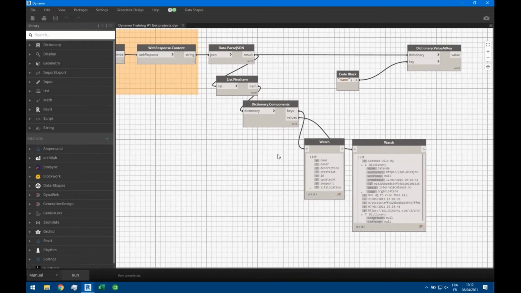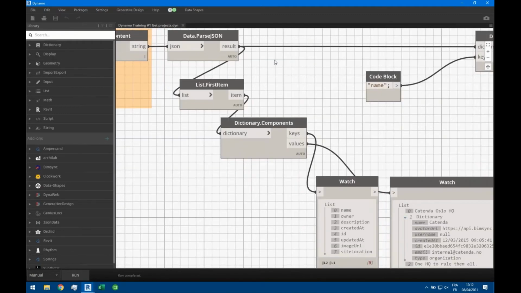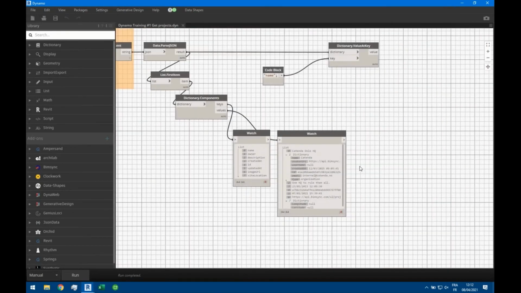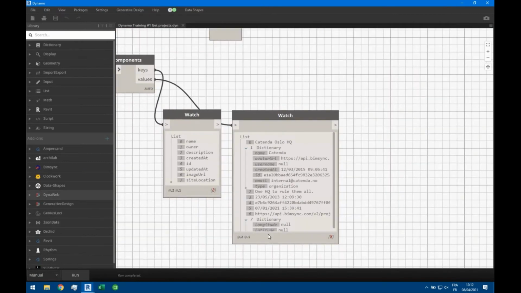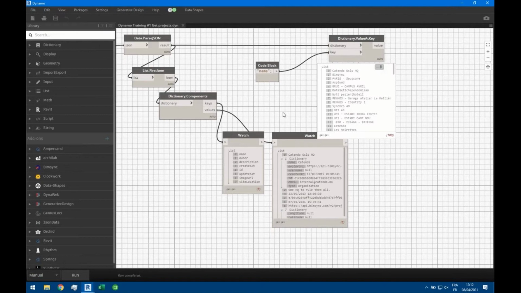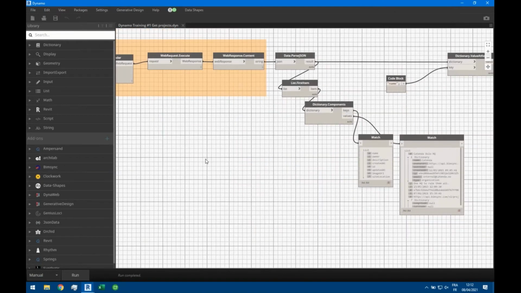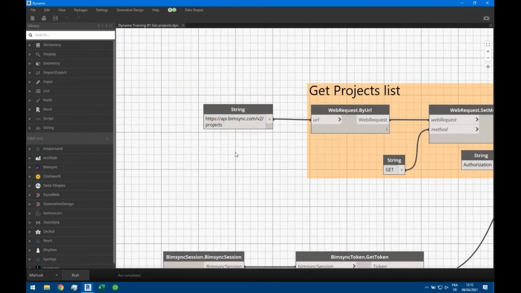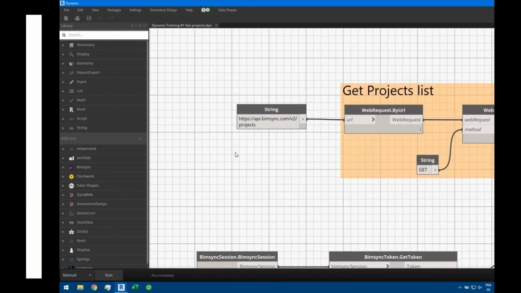So you see here, I get a JSON that I need to parse and get the dictionary components, and I collect basically the same as the other nodes. So that's, again, a very basic demo, and all the information you will need to do more with this, like building this string and building this call, will be available in